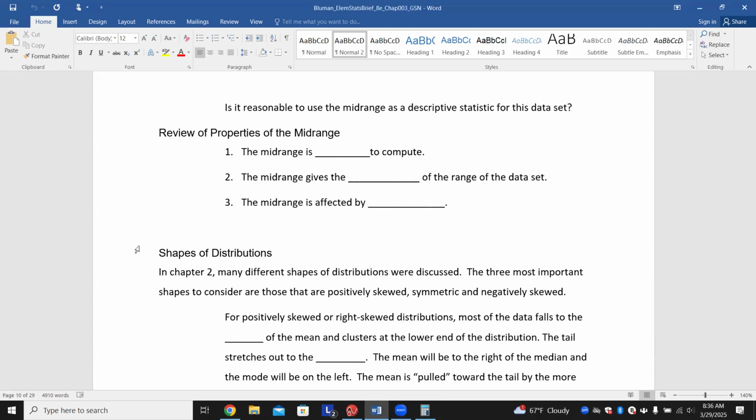Really and truly, you have two-part answers. We got 181 as our original data. So you could not use the mid-range for the original data,